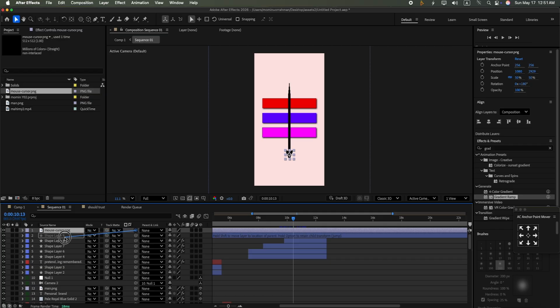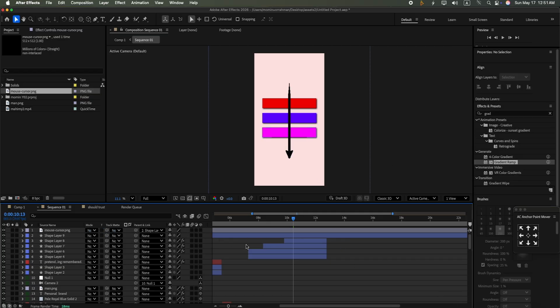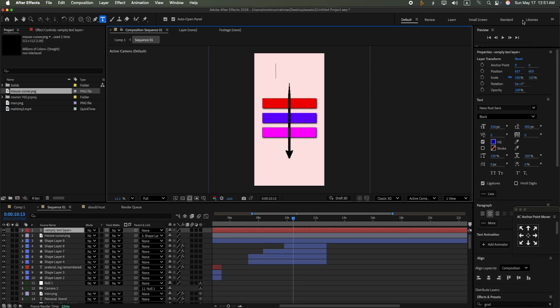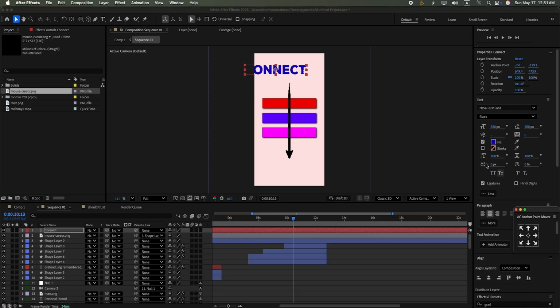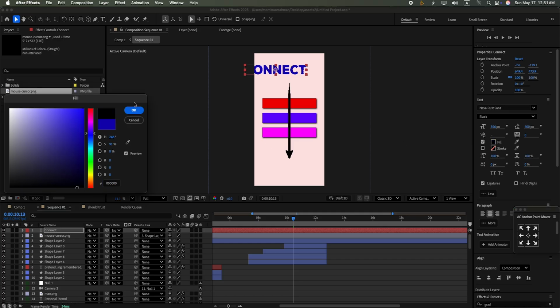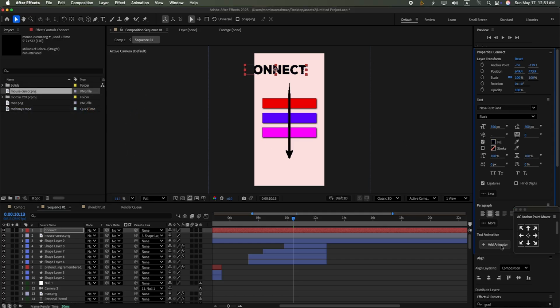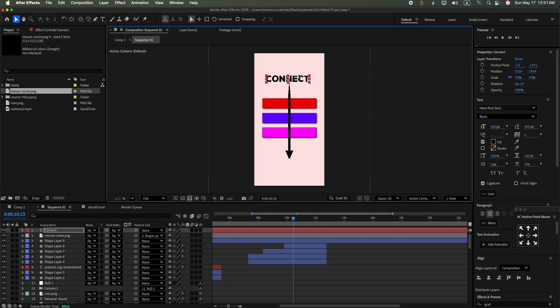Now connect the shape layer and then go to the text layer and write the connect. Okay, good. Now change the text color to black. Okay. Now size some reduce to